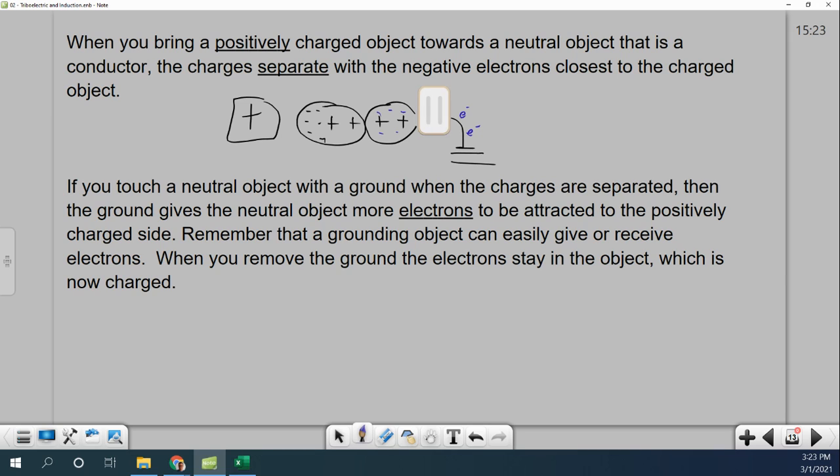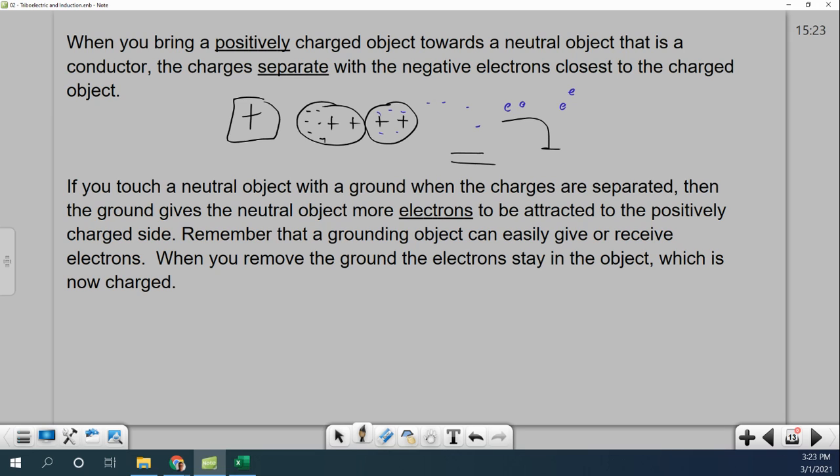We take the ground away afterwards, which means those electrons go... I'm not going to move them all because it's going to take forever, but you get the point. So now I have a lot of negatives on that thing that I just put together. If I take away the positive charge,